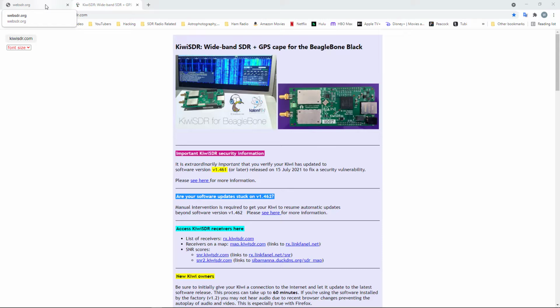And especially with the SDRs that are online. These SDRs are located all over the world, and each one of the SDRs has their own antenna attached to them.